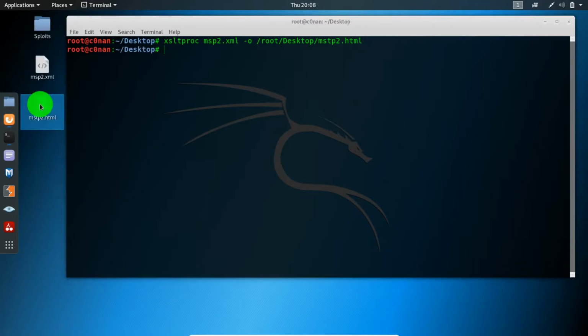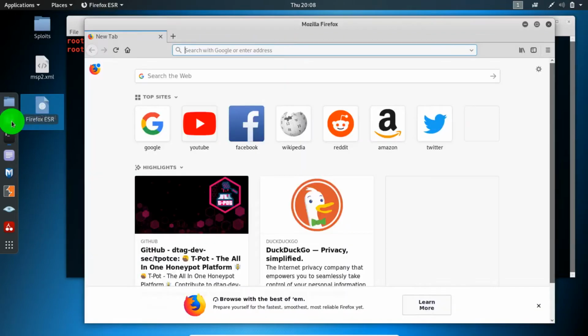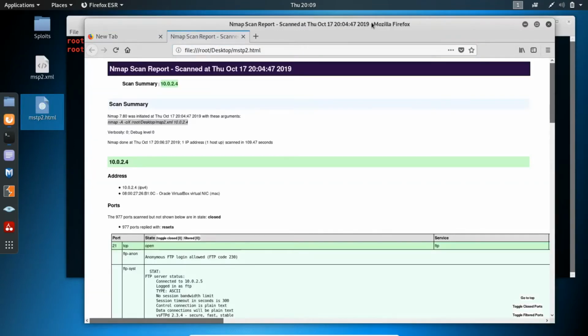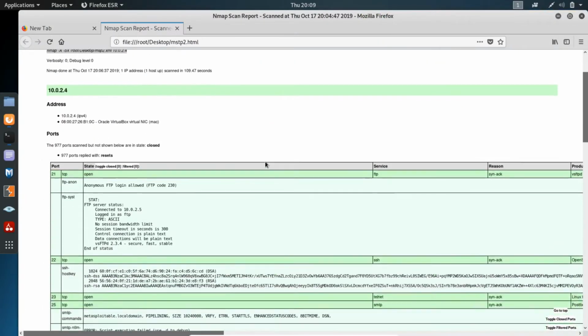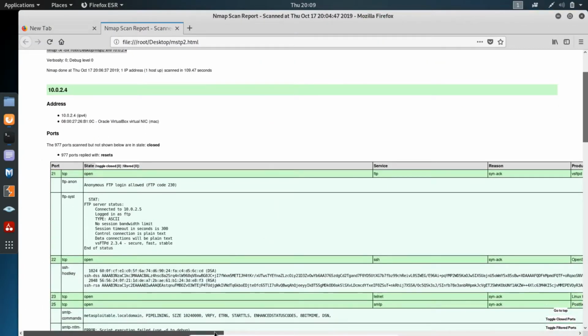See? These are the scan results, and you see they are very well arranged,